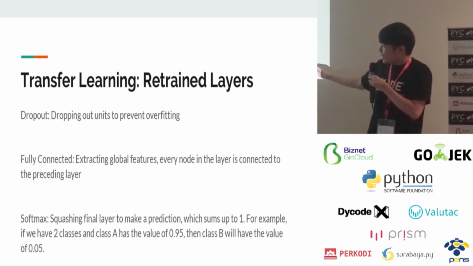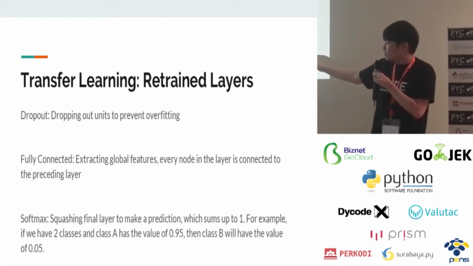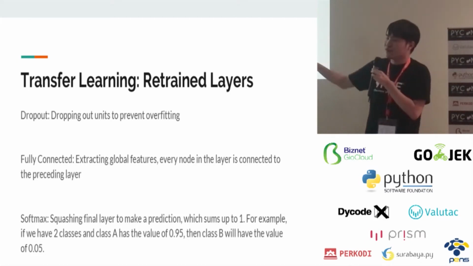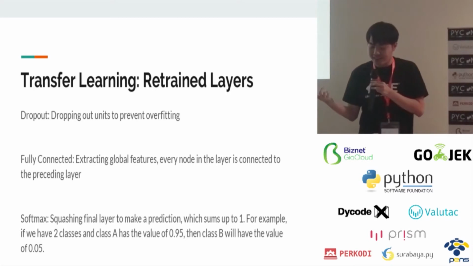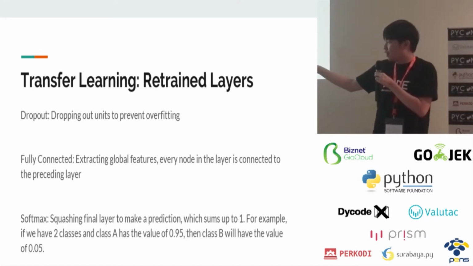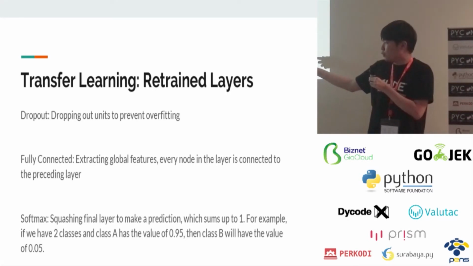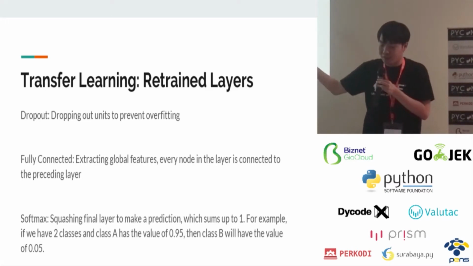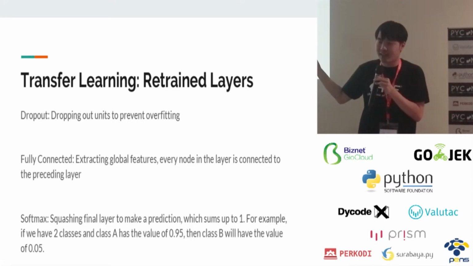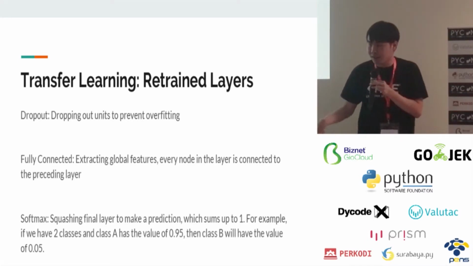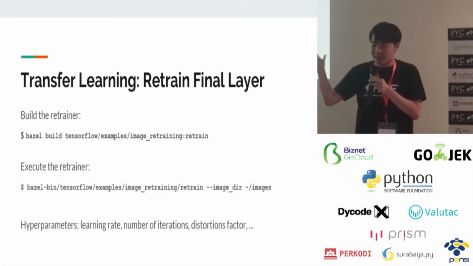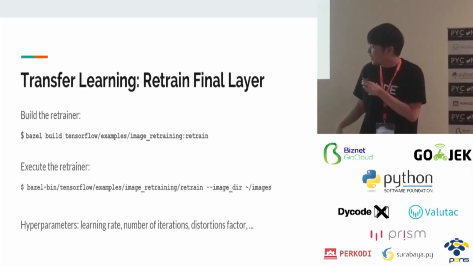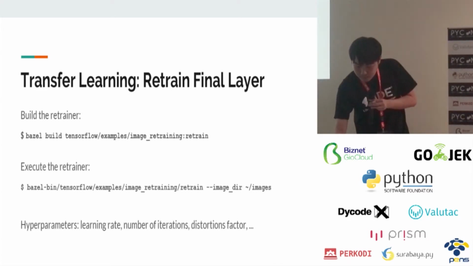So the softmax layer, which is shown before, is used to, for example, if you have 2 classes and class A has a value of 0.95, then class B will have the value of 0.05. So it shows the model confidence level in detecting a specific face, whether this face is actually class A or this face is actually class B, and they will sum up to 1.